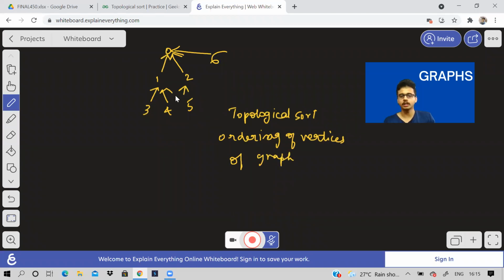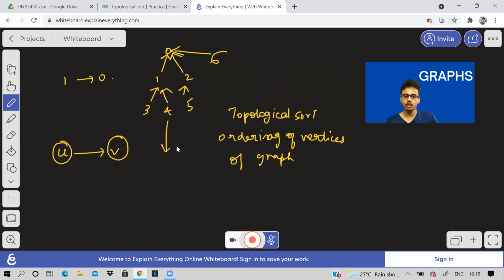So we need to order the vertices of the graph in such a way that whenever there is an edge from U to V, like for example, there is an edge from 1 to 0, right? So like this, whenever there's an edge, then the vertex U should come before vertex V in the ordering.